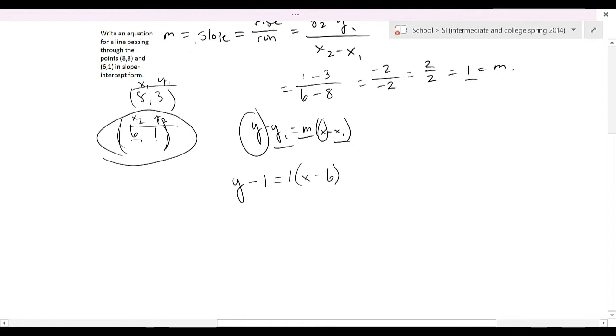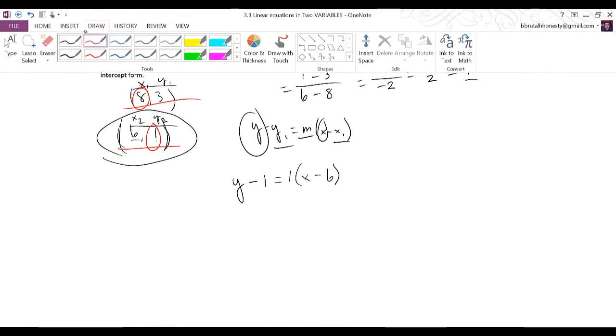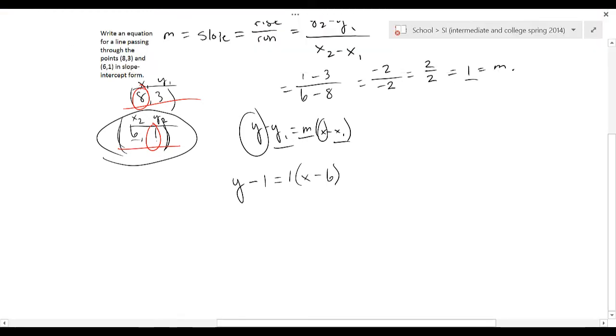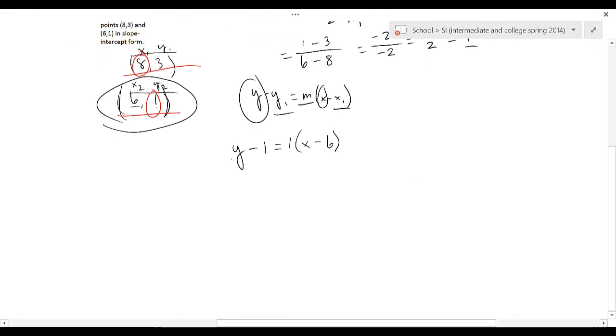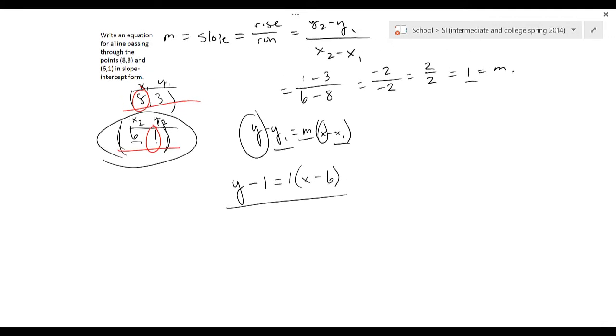For example, I can't pick, let's use red, I can't pick this y and this x. That would be wrong. But I can pick both of these or both of these. Okay. Now, I've got an equation for a line satisfying these conditions,